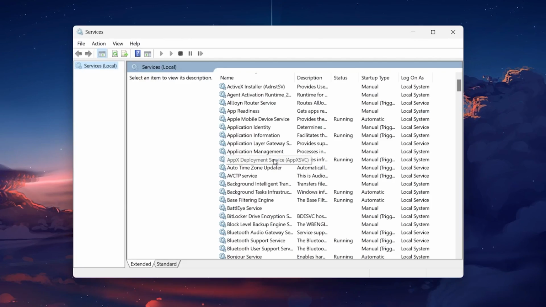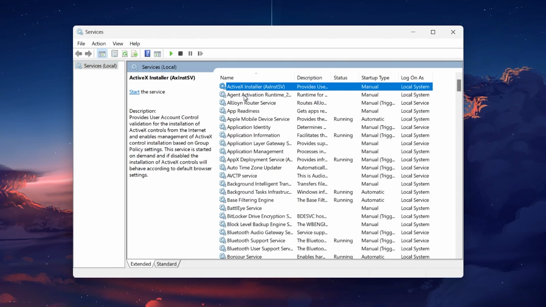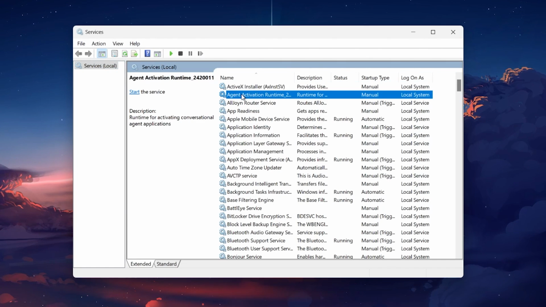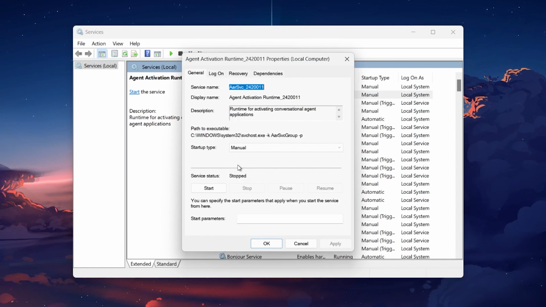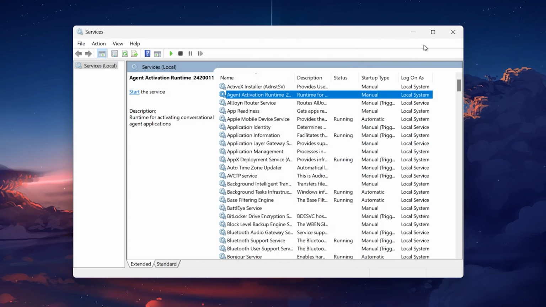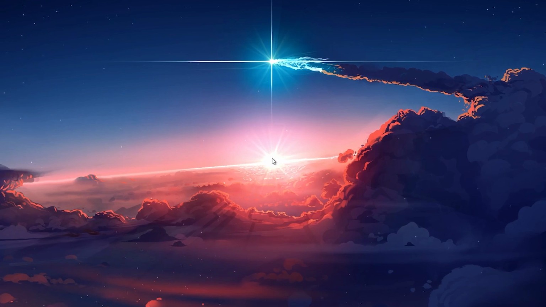Once open, scroll through the list until you find the Adobe Genuine Software Integrity Service. Right-click on it, select Properties, then in the window that opens, change the startup type to Disabled and click on the Stop button. After disabling the service, restart your computer, and the Adobe Genuine Software Integrity notification should no longer